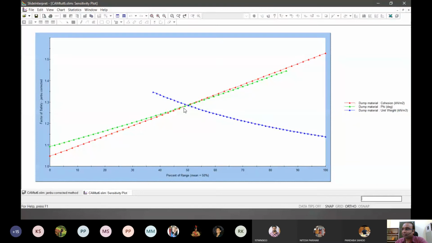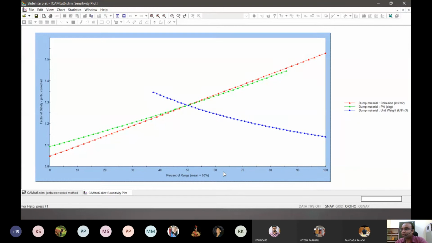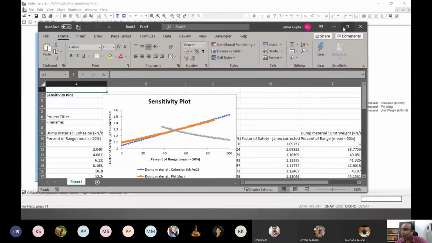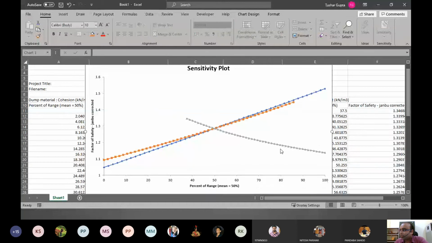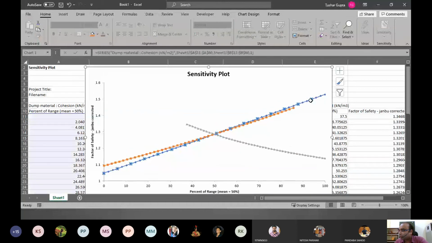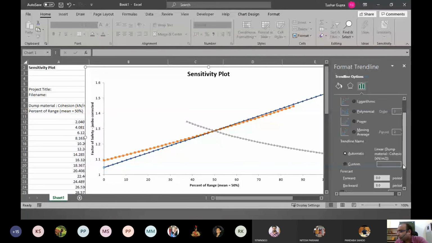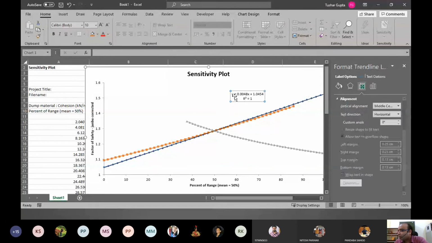how the sensitivity changes. What we can do, in order to calculate the sensitivity index, is we can plot it in Excel. So all the data will be plotted and we can actually find out the effective trend line. Because these are plotted, we can make a trend line. Mostly it will be linear, and we can find out its equation. So display equation. Now y equals mx plus c, it basically gives us